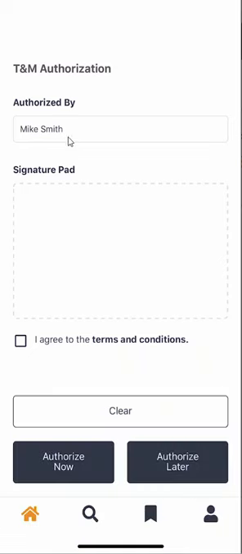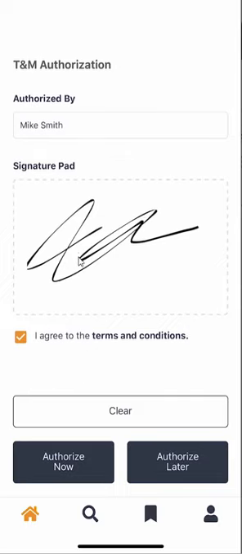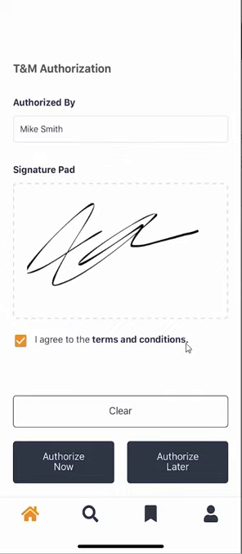If you don't click done, it's not going to save Mike's name. We're going to give the phone to Mike. Mike's actually going to sign off on this, and then Mike's going to click I agree to the terms and conditions. Depending on how zoomed in your phone is, you might need to scroll up a little bit in order to expose the agree to terms and conditions. But if one of these three are missing, you're not going to be able to click authorize now. So you have to make sure you've got the name, the signature, agree to terms and conditions, and when we hit authorize now,